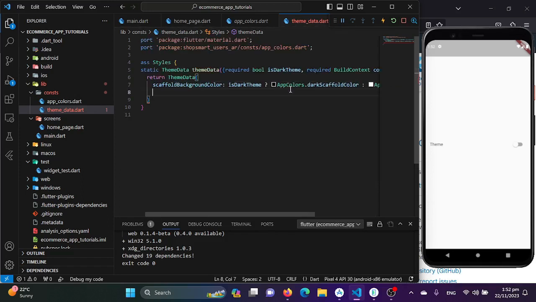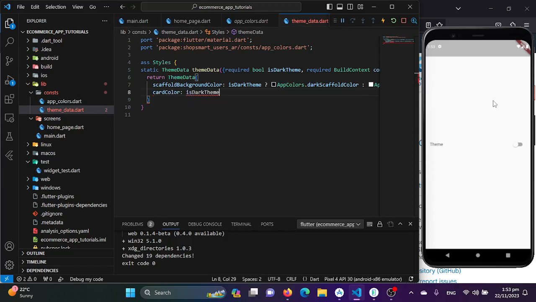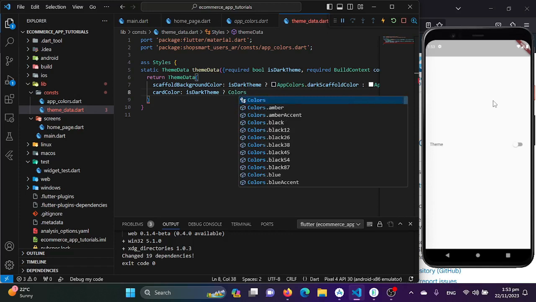And great, now I will be defining the card colors also in our application. We will be using the cards. If the card is in dark mode, change the color, and if it is in the light mode, just use the light color. For that we will be using the card color. In the same way I will be checking the condition if the dark theme is true, then use this color. Here I will be using some custom colors, which will be